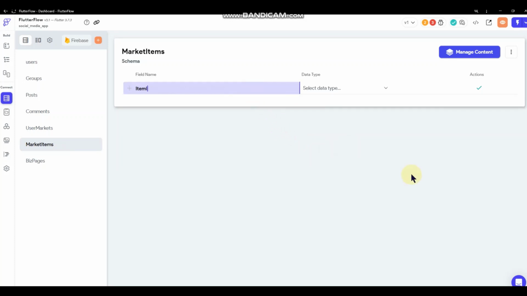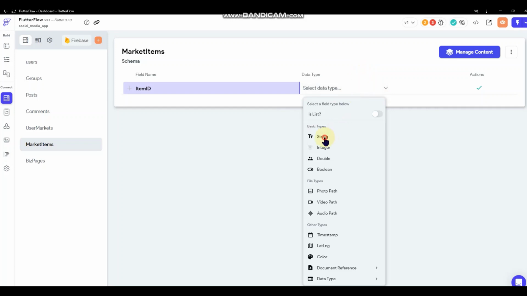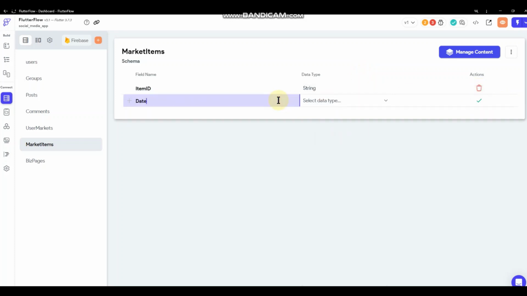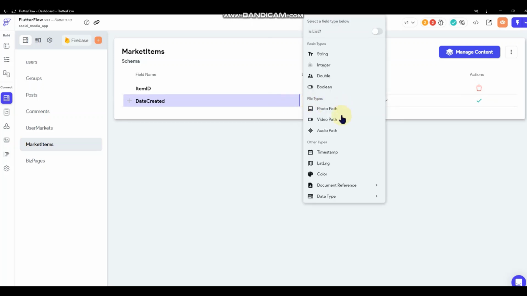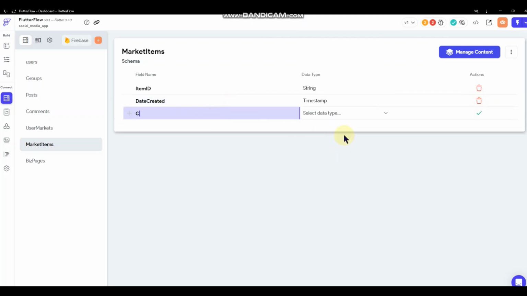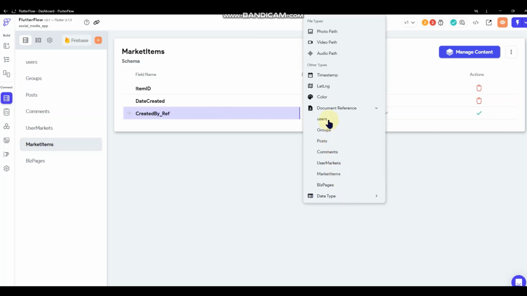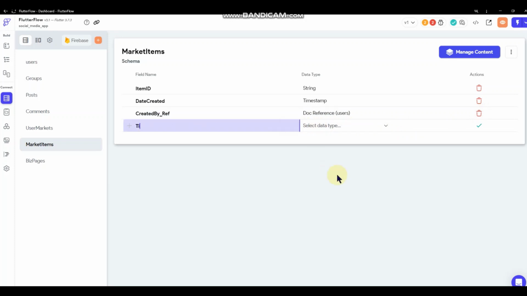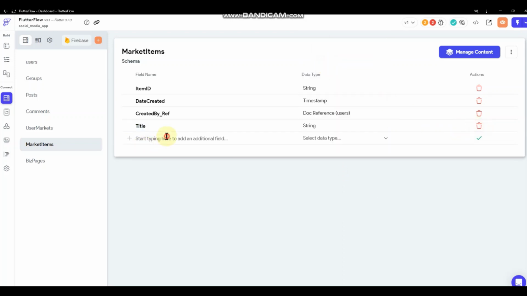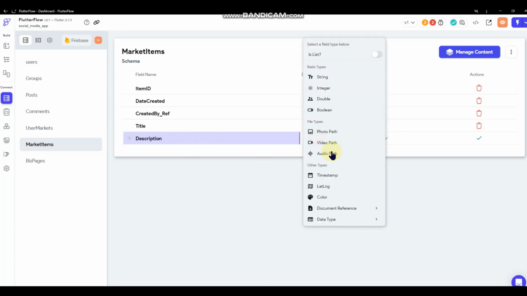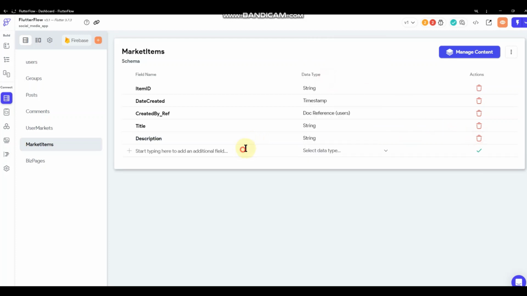Item ID. Created by reference. Oops, sorry. Give it a title. Description. Photo.